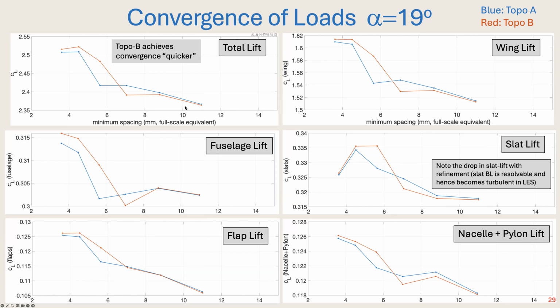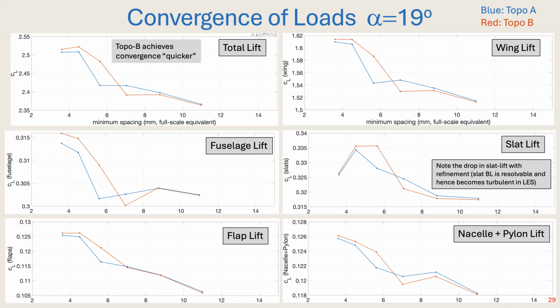you can actually look at the total integrated forces as well as the components like wing, fuselage, slat, flaps, nacelle pylon, and the drop in the slat lift shows that with this refinement, the slat boundary layer is resolvable with this 3.2 millimeter, and it becomes turbulent LES. So that's also confirming that we really didn't have too many issues in the High Lift Prediction Workshop 5 for the transition. Some submissions suffer more